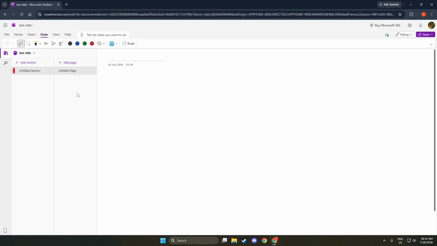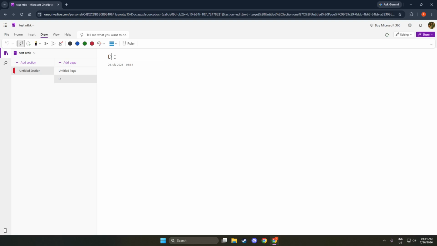Now let's create a new page. Look for the option that says Add Page, usually found on the left side of the screen. Click on it and you will see a blank slate appear. This is where your dashboard will come to life. A clean page allows you to customize it to your needs. You can think of this page as the canvas for your dashboard. This step is important because it sets the foundation for everything you will add later. You want to ensure you have this space ready for the information you will track.